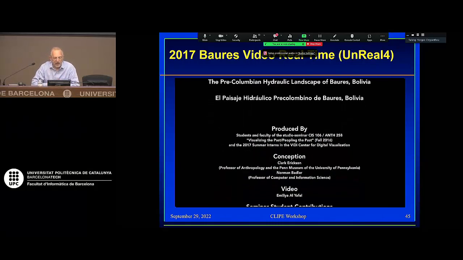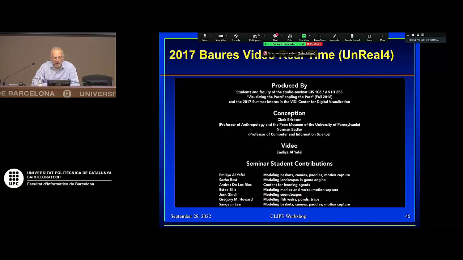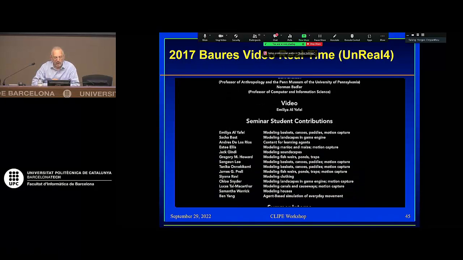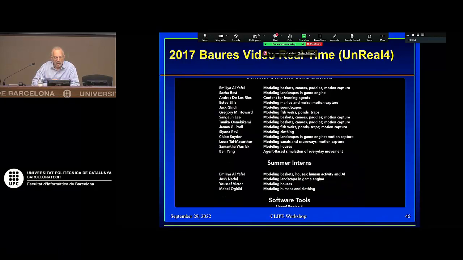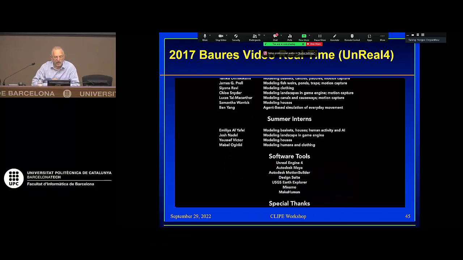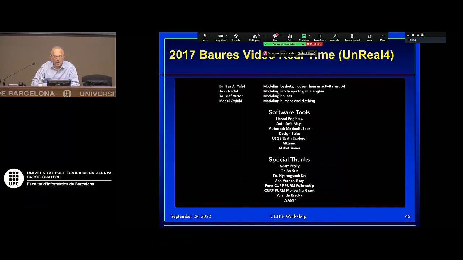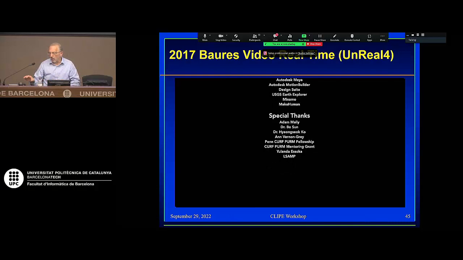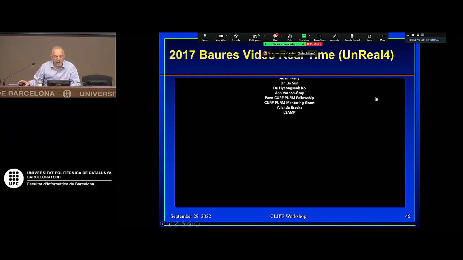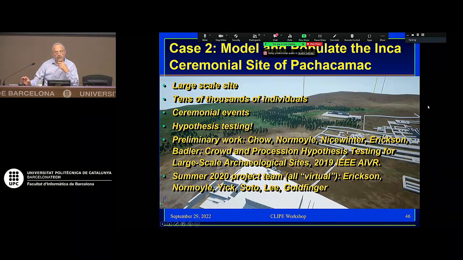And the primary work here, these are all undergraduates, and some summer undergraduates as well. So we're very, very pleased with that result, but it didn't do as much for crowds. So the second one that I'll talk about relatively quickly as well is one that crowds were critically important for,